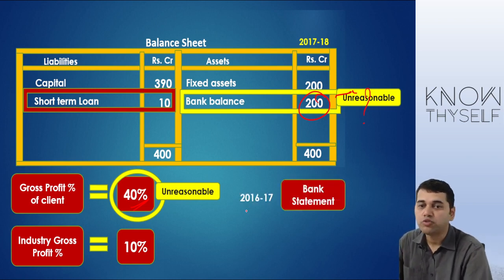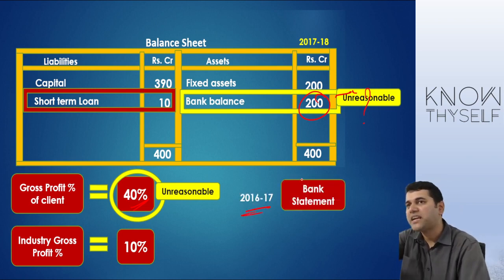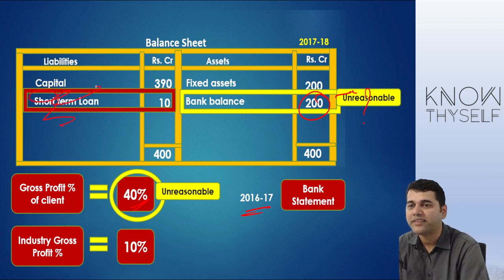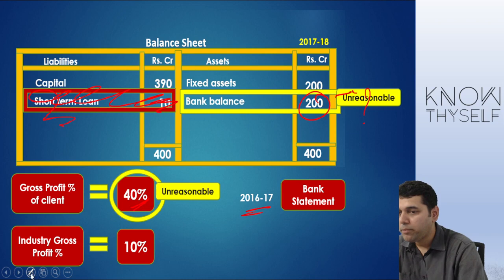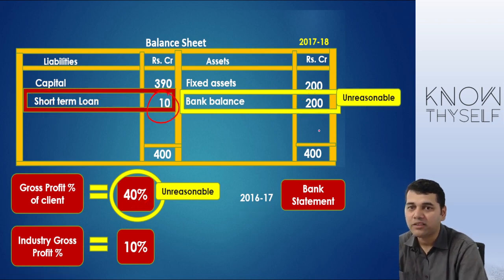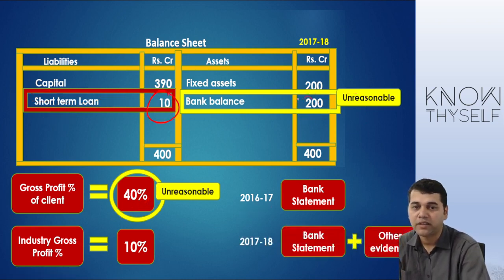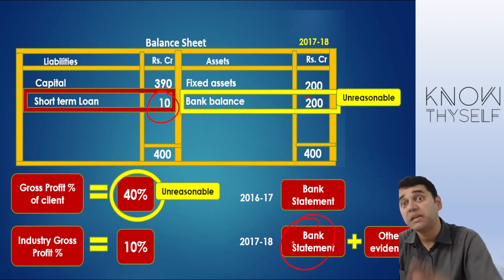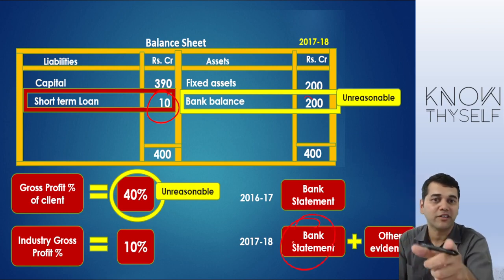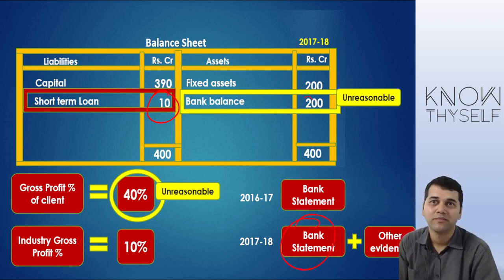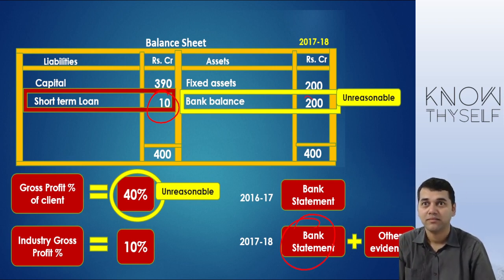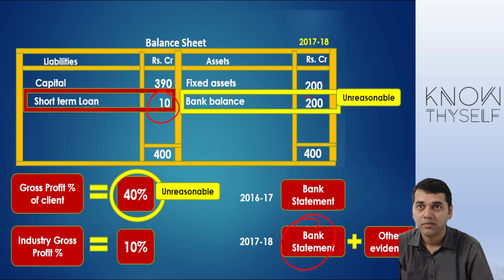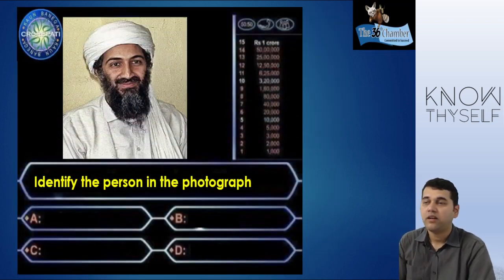In the first case, 2016-17, last year, I took only the bank statement to certify 200 crore because there was nothing like this, and I certified my financial statement. But the moment I see a loan of 10 on the liability side, I will look at the bank statement plus other evidence, because I don't trust this 200 now. Because 200 looks unreasonable to me. Followed? So again, judgment. Now I'll go to